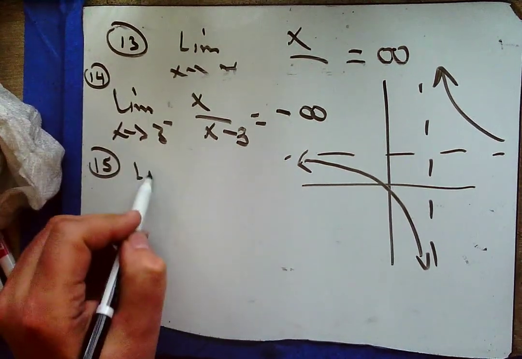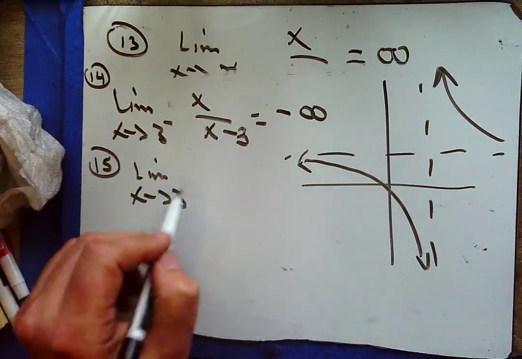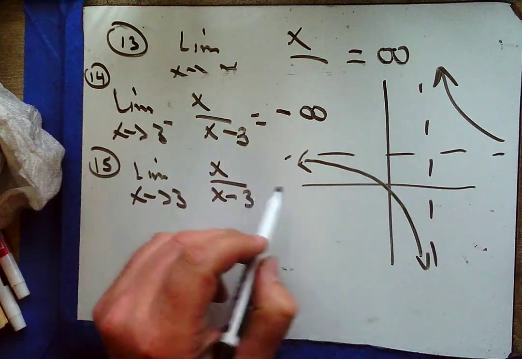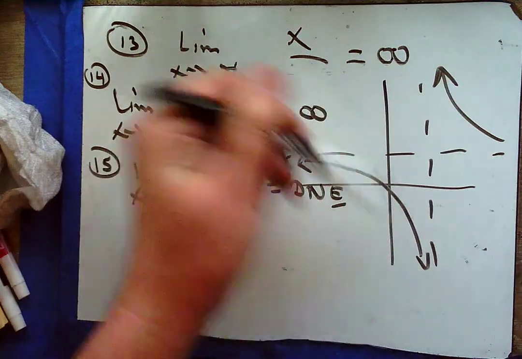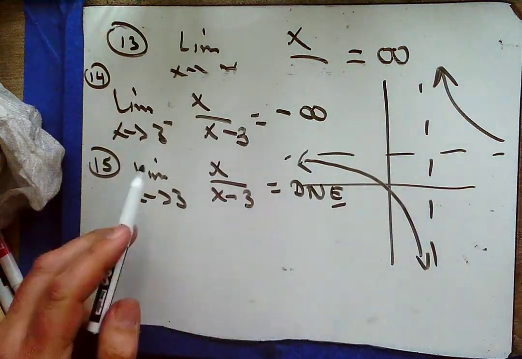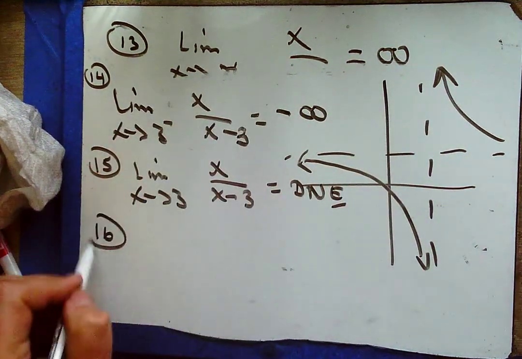15 says the limit as x approaches 3 of x over x minus 3. Yeah, that limit doesn't exist because one end's going up there and one end's going down there, and we are not approaching the same thing from both sides. 16